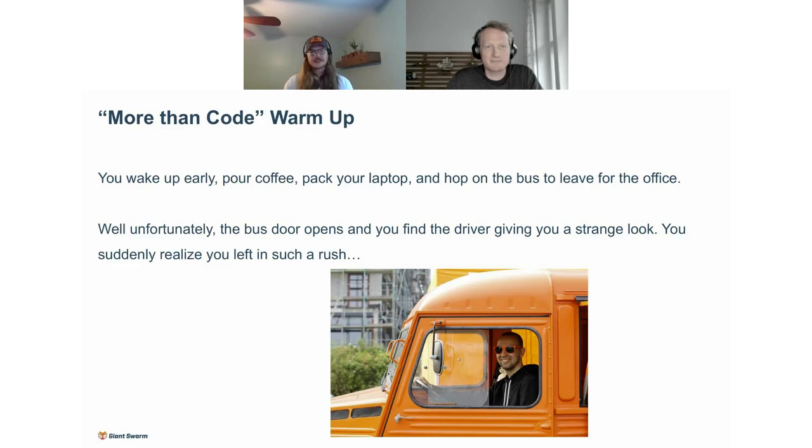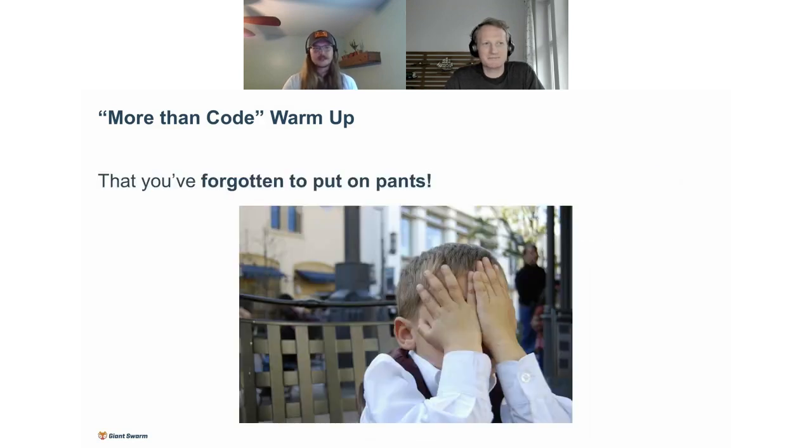So you guys are really, really excited about going to work this day. You wake up early, you pour some coffee, you put your laptop that we need, right? You put that in your backpack, and then you hop on the bus and you try to leave to the office. When you open the bus door, though, you see this nice gentleman in the orange sunglasses staring at you, kind of laughing, kind of smiling,